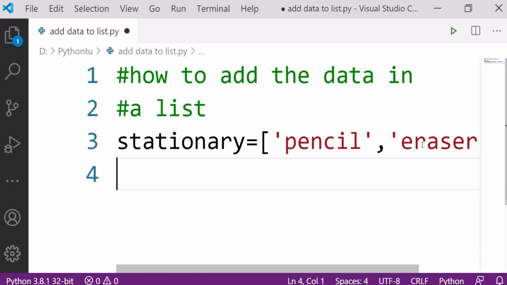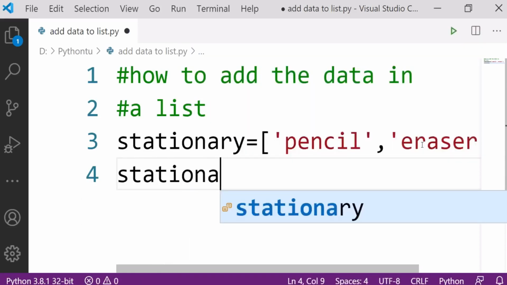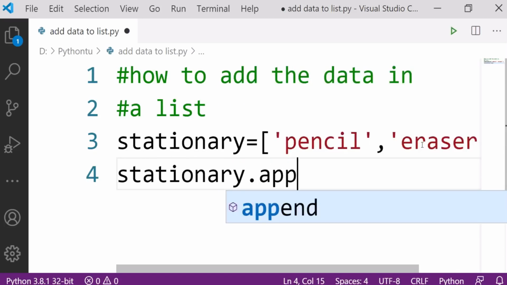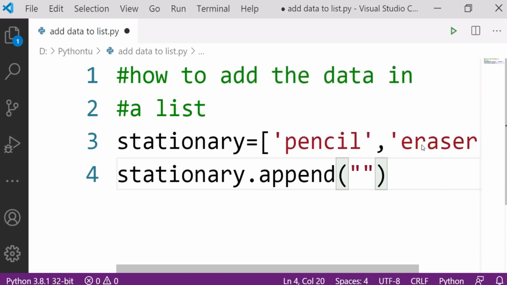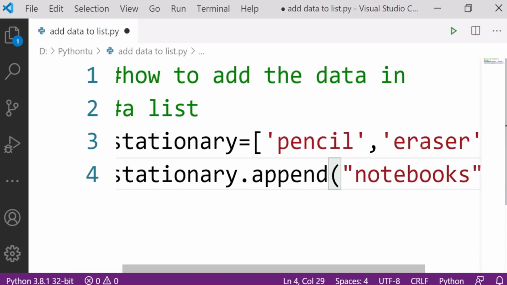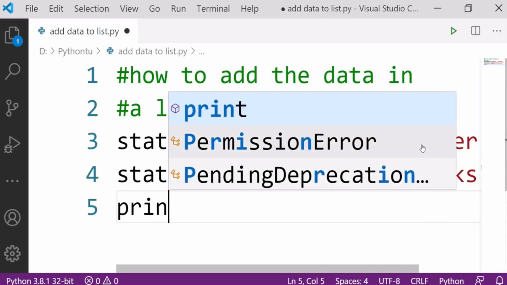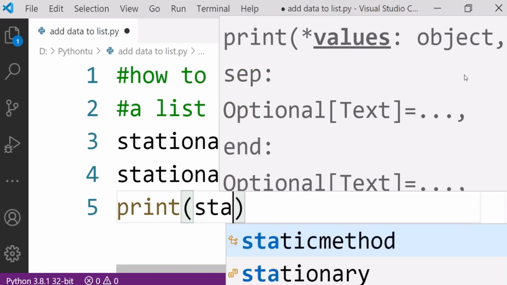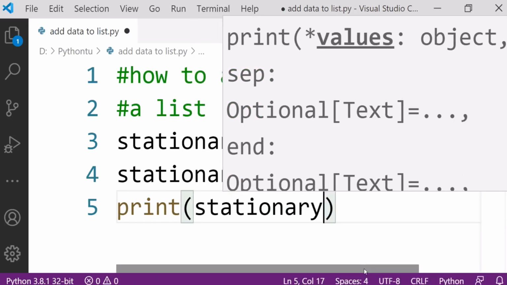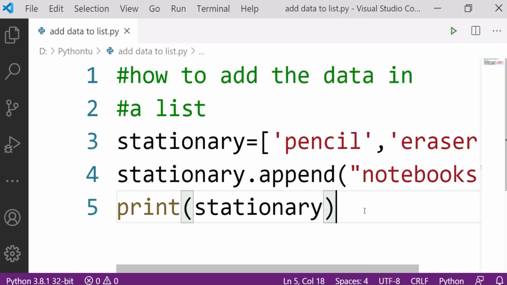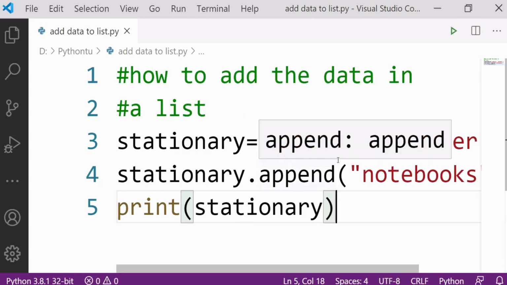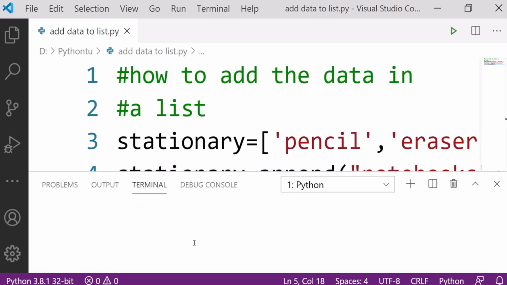Fine, so what I'll do, I will simply use here stationery dot append. What I want to add here, notebooks. Okay, done. I will print it, print stationery, simply save, and run my program, and let's see the output.